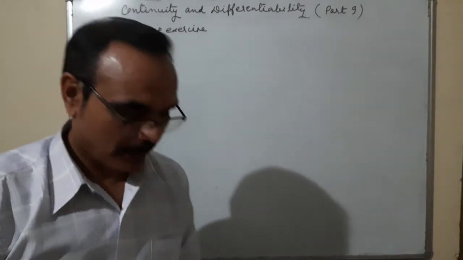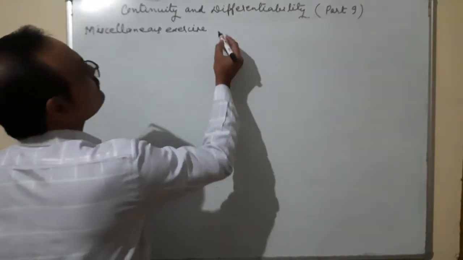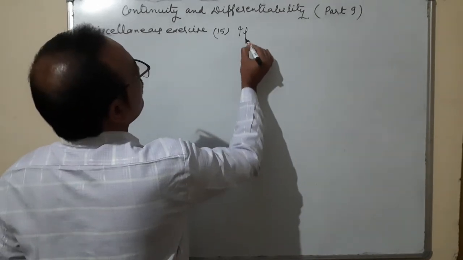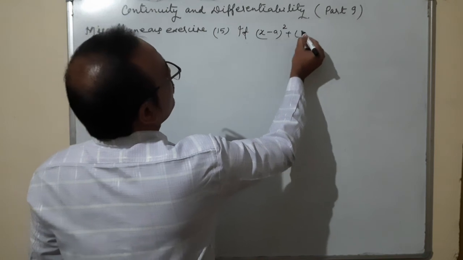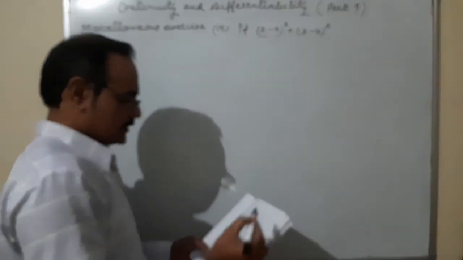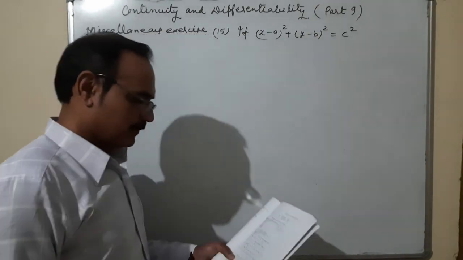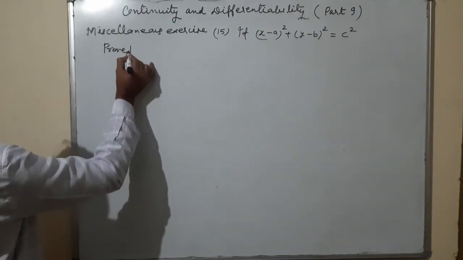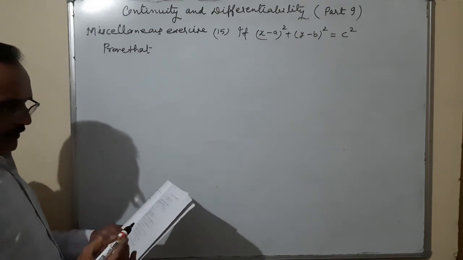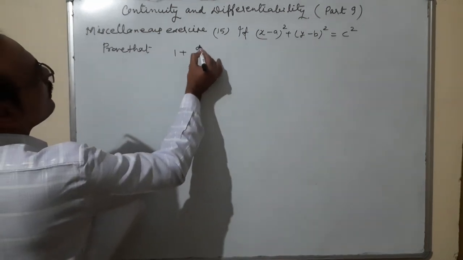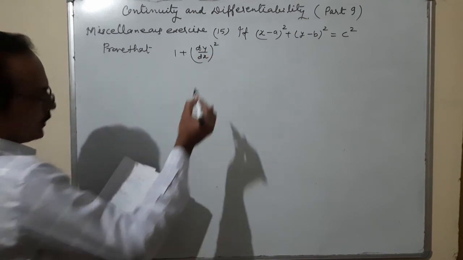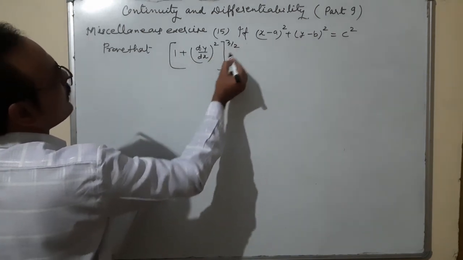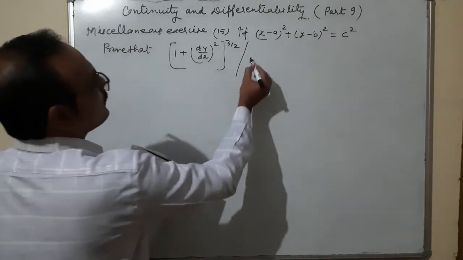Question number 15. If (x minus a) whole square plus (y minus b) whole square is equal to c square, where c is greater than 0, then prove that (1 plus (dy by dx) whole square) to the power 3 by 2 upon d square y by dx square